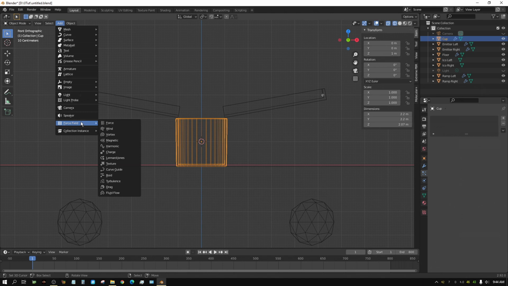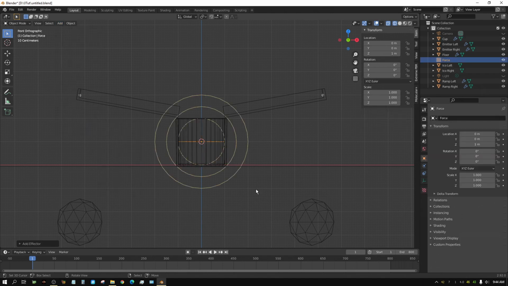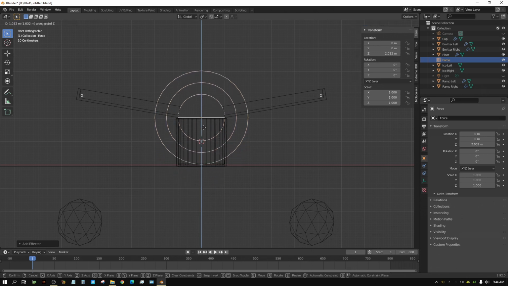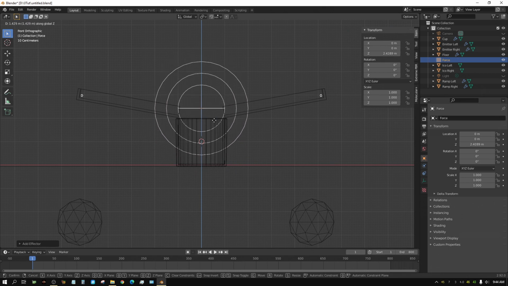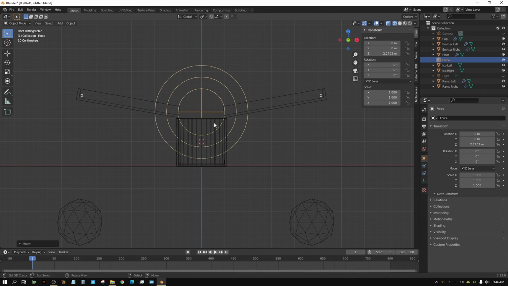Here it is. And we're going to just add a simple force field. Now, this force field is starting off right here. I'm going to press G for grab and Z for the Z axis, and then just move it to probably about right here is fine. And we're going to come over here to the